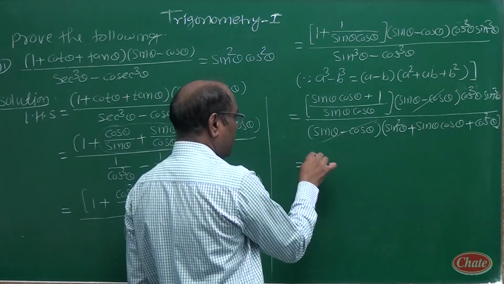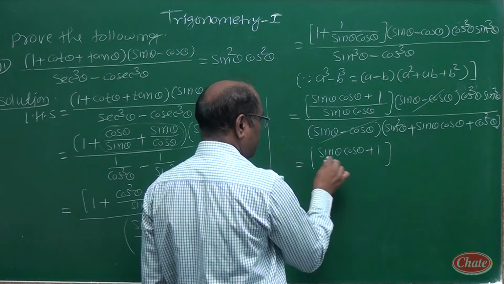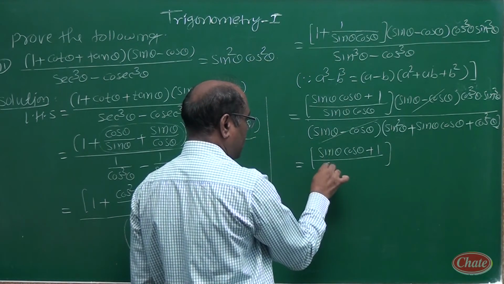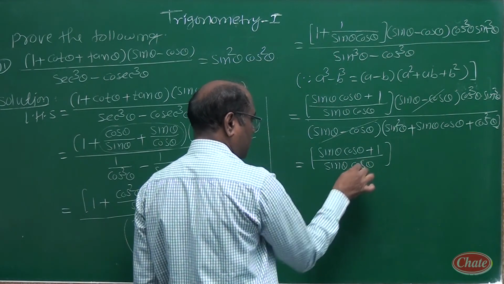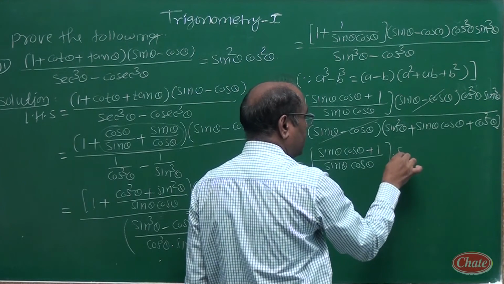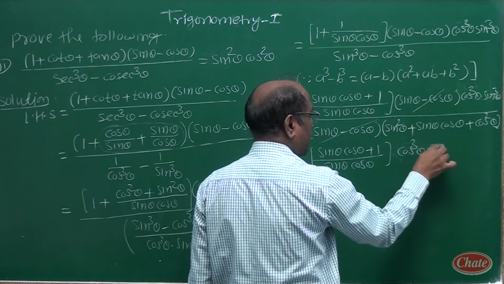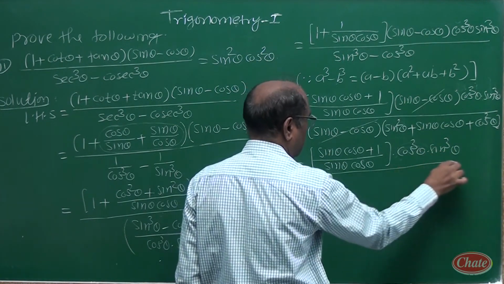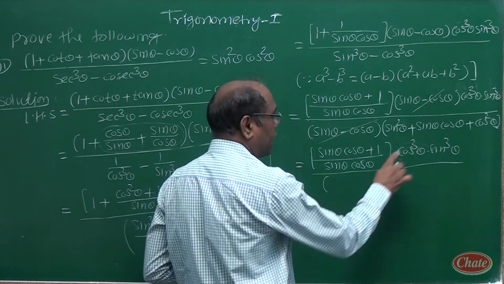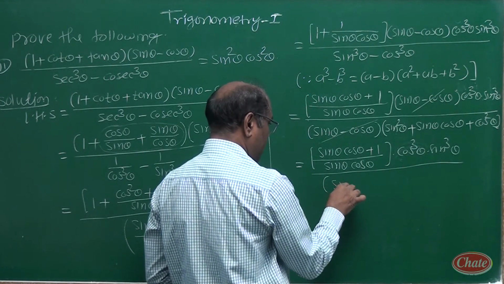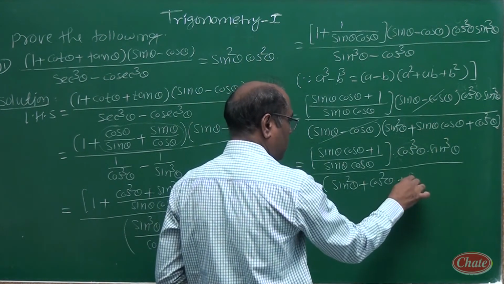So what we get here? Sin theta cos theta plus 1 divided by sin theta into cos theta, into cos cube theta into sin cube theta, whole divided by, this factor having been cancelled from numerator and denominator, now in the denominator we take these two terms together, sin square theta plus cos square theta plus sin theta